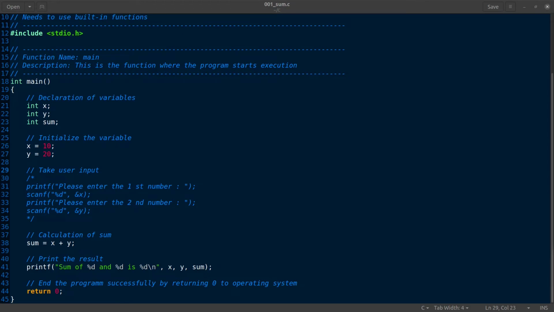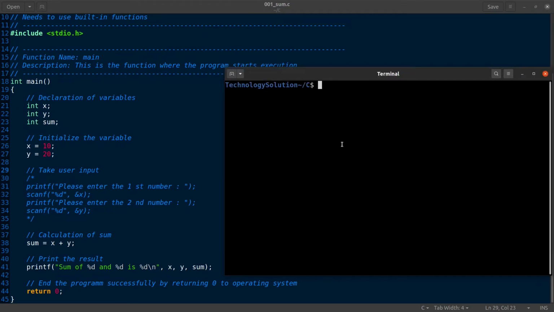Now we run this program. To compile, gcc. I use here Ubuntu Linux and the GCC compiler.